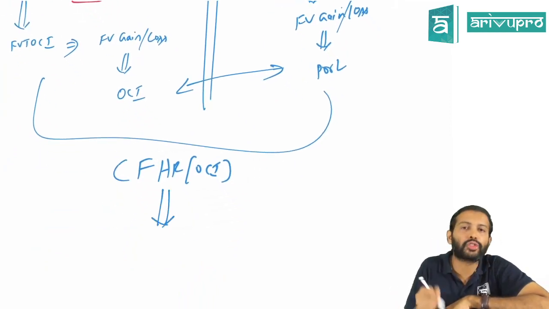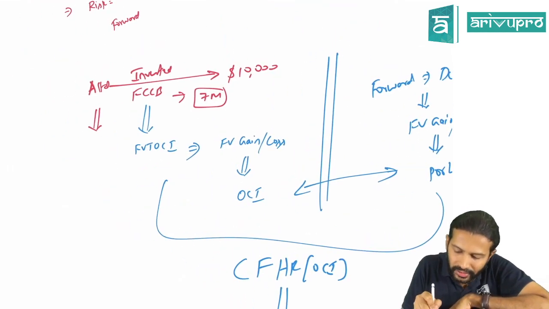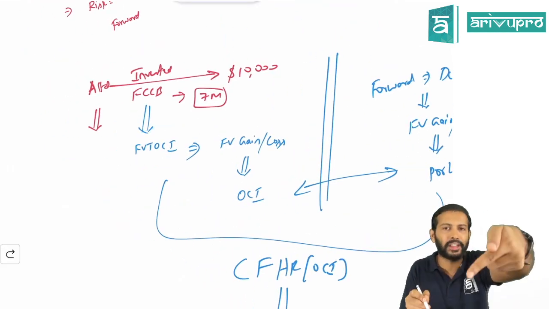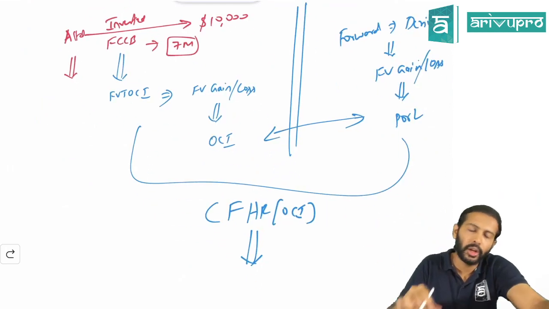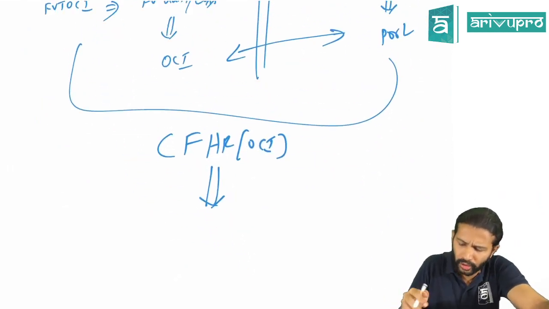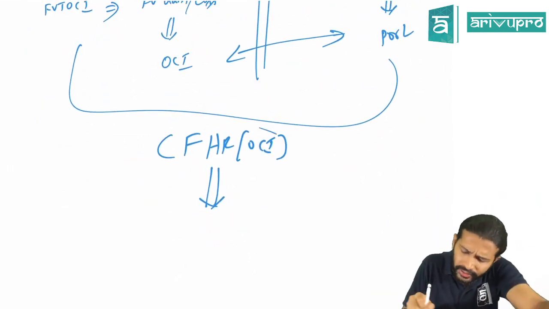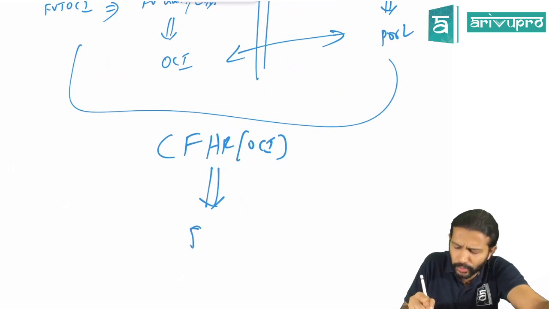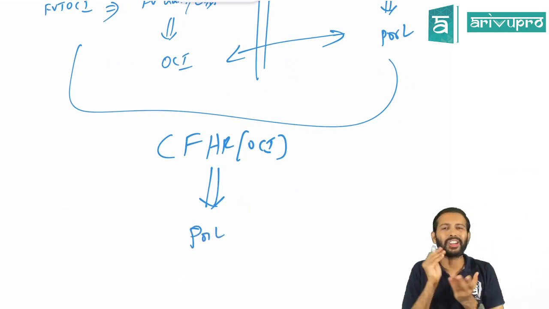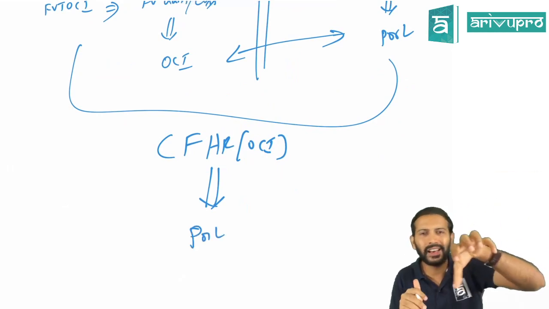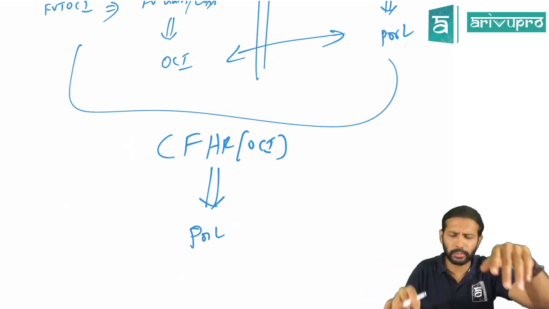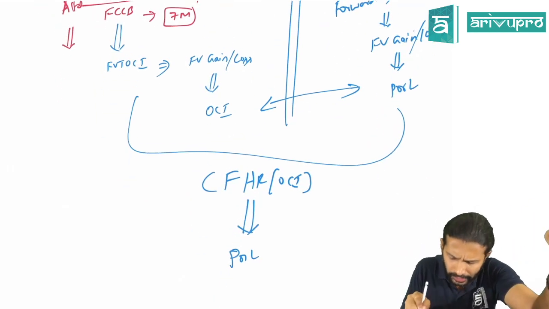After the contract is over, because these are, if you remember, debt FVT OCI, right? Reclassifiable gains. Once the contract is over, once the contract period comes to an end, then from cash flow hedge reserve, you transfer it off to P&L account. That's all is the funda. Till the contract is there, any gain or loss on both hedged item and hedging instrument, you park it in OCI.